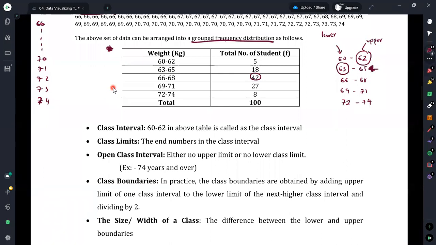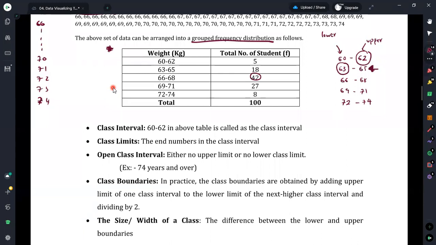Okay, then the class limits are said to be the end numbers in each class interval. Therefore, this is the class interval, and the class limits can be considered as the opening number and the ending number of the class. Here we can see that these two class limits are not similar. That is why we can say it is a class interval. This can be considered as the set of lower class limits, and this set of values are said to be the upper class limits.